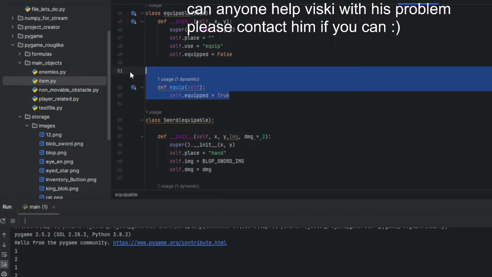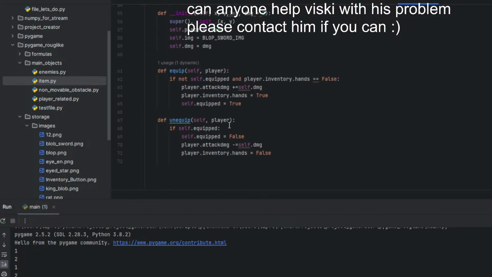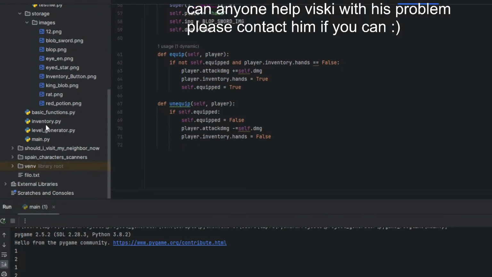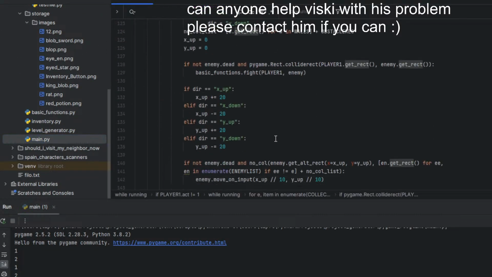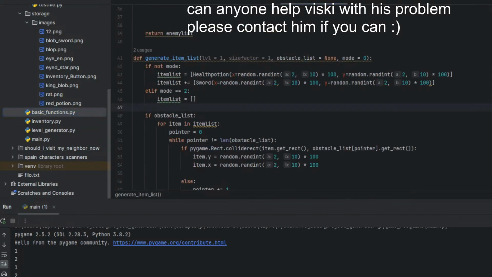Okay, I need to delete this. Okay, now again, main, basic function, here it was. Okay, I'm totally stupid. Sorry for that.